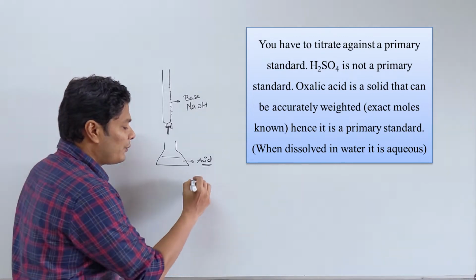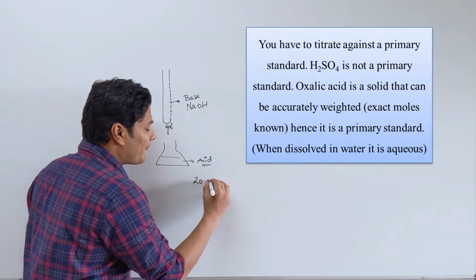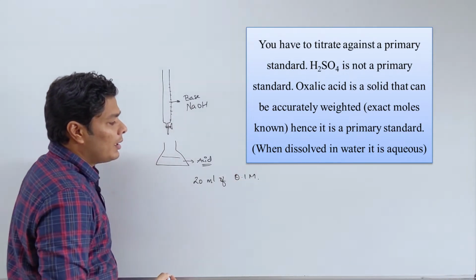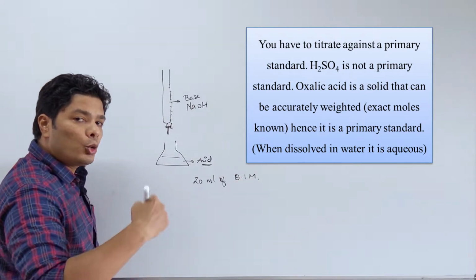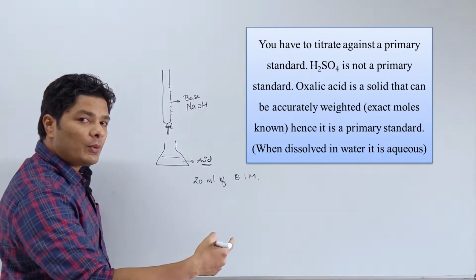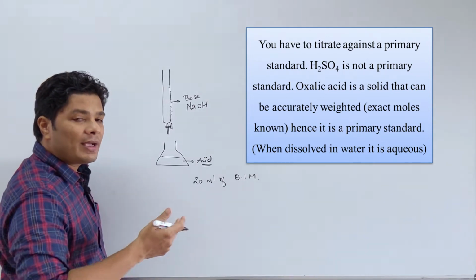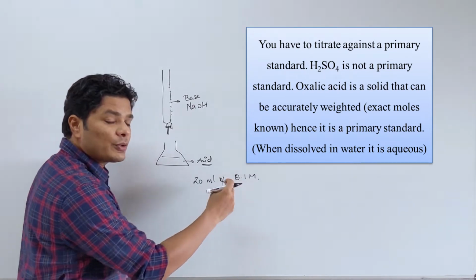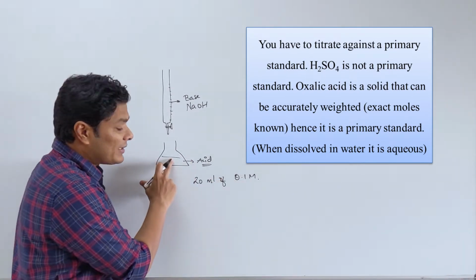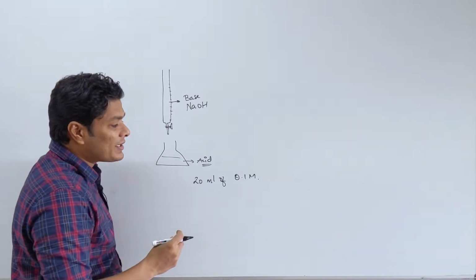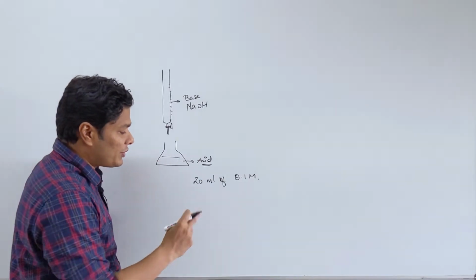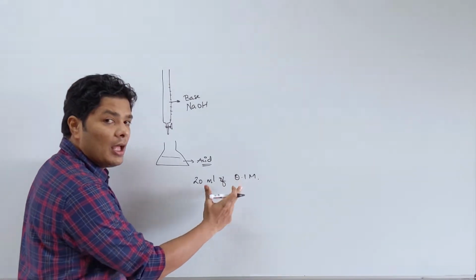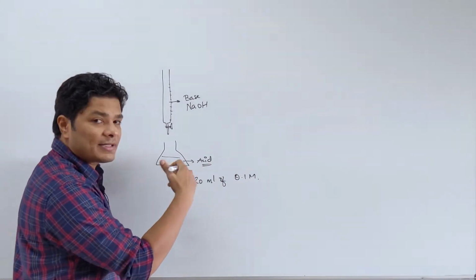For example, H2SO4, let's say you take 20 mL of 0.1 molar. You are given 0.1 molar, but tomorrow that label will say 0.1, but the solution doesn't have to be 0.1 because a little bit of water could have evaporated. So that is not going to be accurate. So you want a primary standard here. A primary standard is something that I know exactly how much. So 20 mL of 0.1 doesn't tell me exactly how many moles because that's not accurate. Whereas a primary standard means I can weigh the mass and do it.